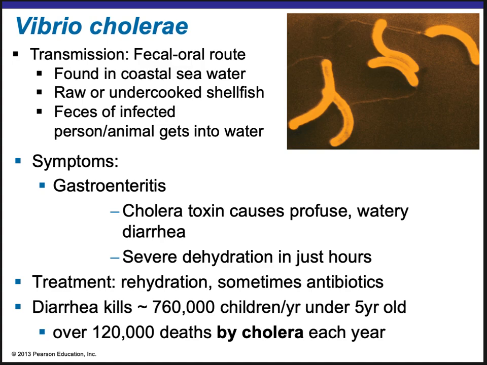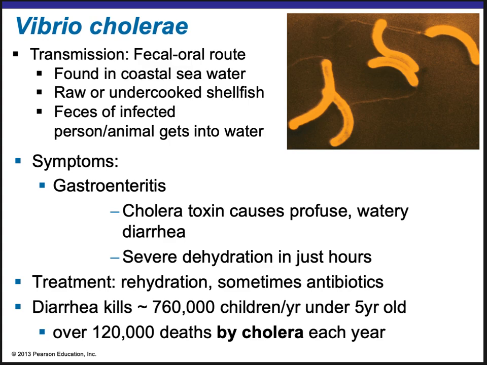Vibrio cholerae, we've talked about a lot already in this class, but now you get to see it a little bit more specifically. It can really thrive in alkaline environments like lagoons and seaports. The number of infections and deaths due to this infection keep increasing every year. So even though we tend to think of this as an old disease, it's still around and it's still very problematic. It is spread by the fecal-oral route,